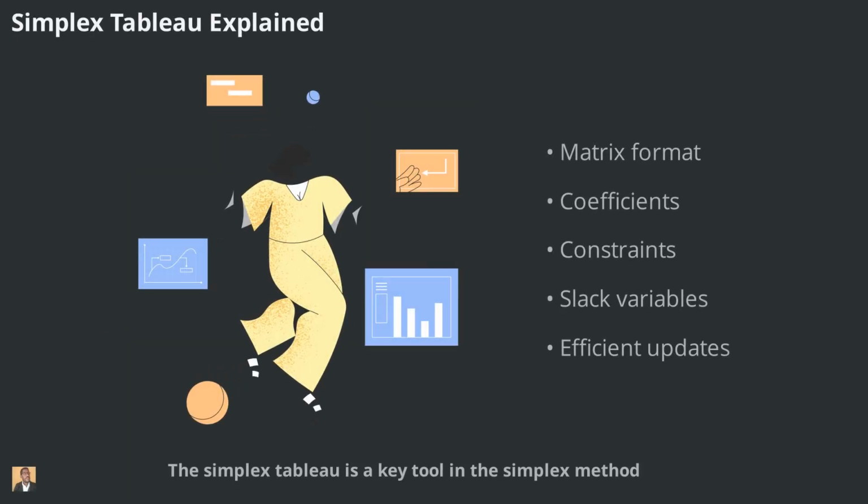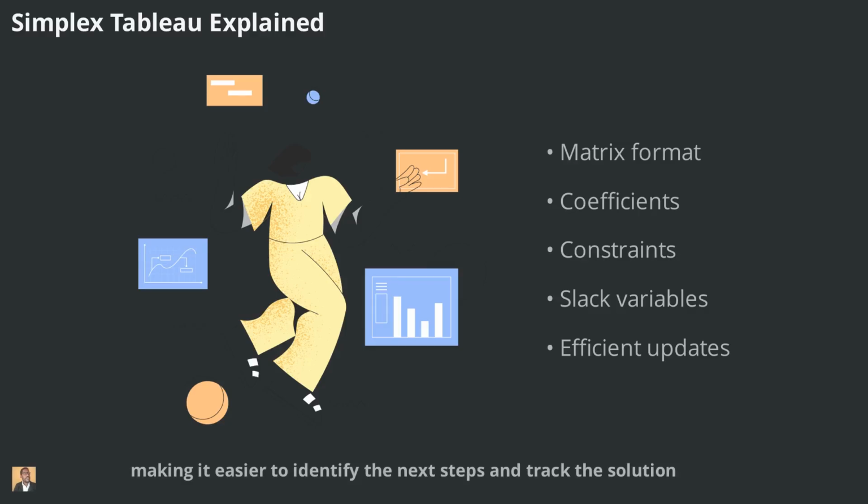Simplex tableau is a key tool in the Simplex method. It organizes the coefficients of the objective function, constraints, and slack variables into a matrix format. Each row represents a constraint, and each column corresponds to a variable. The tableau allows for efficient calculations and updates as the algorithm progresses, making it easier to identify the next steps